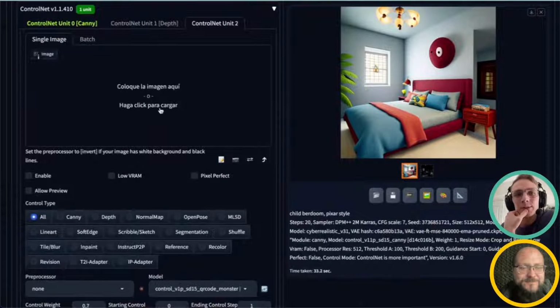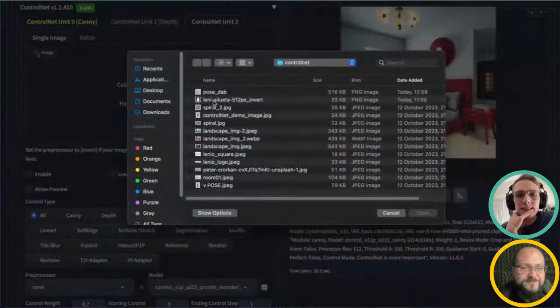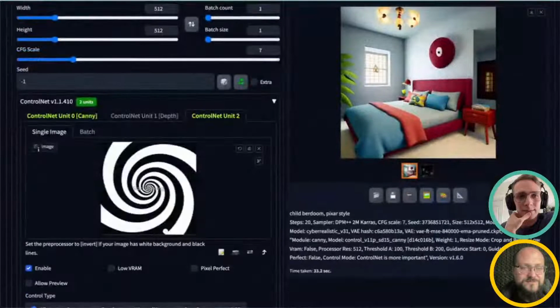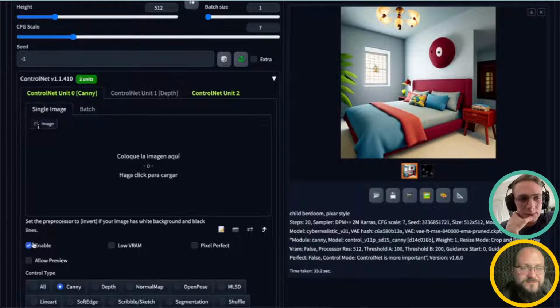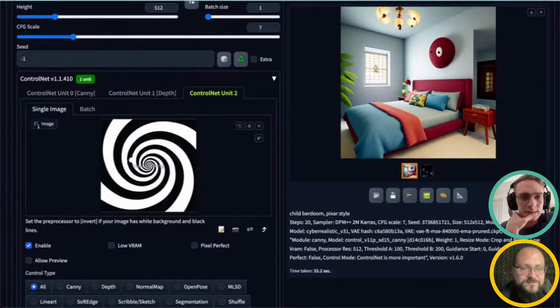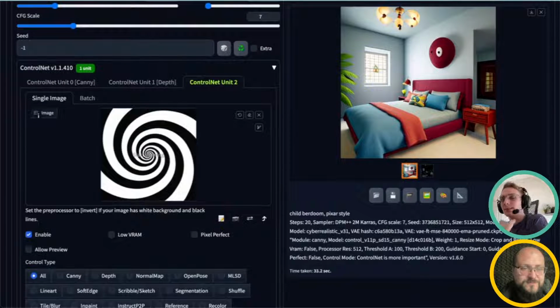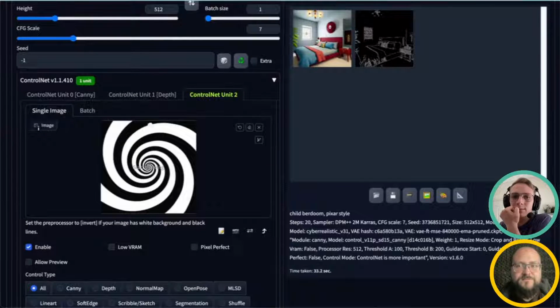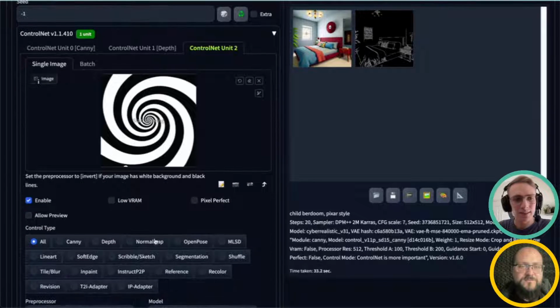You can use Stable Diffusion plus ControlNet to generate these funny images. Let me disable the other. For example, if I have this spiral and I want a village generated with this spiral embedded in the landscape, I can use